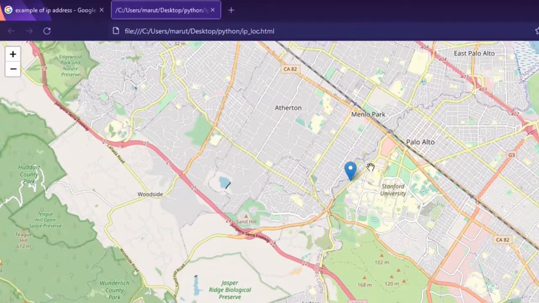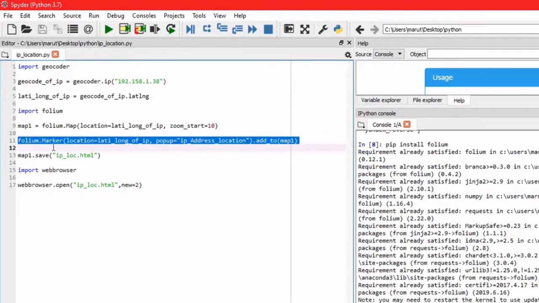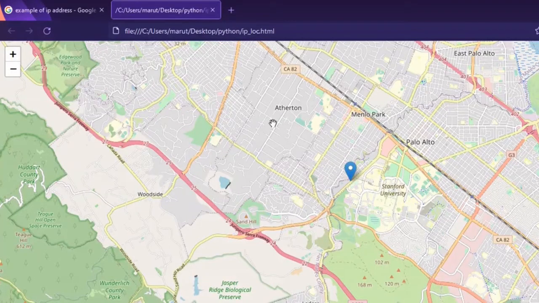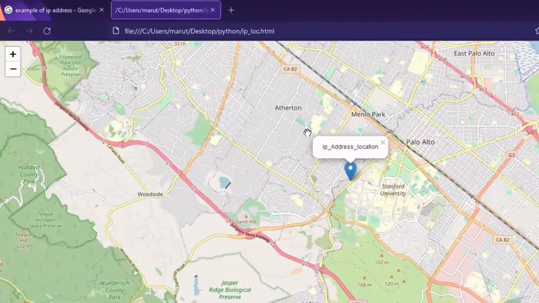So this is the marker that we have presented here. This is the marker, and whatever we have written, popup equal to IP address location, you can click on this and see the IP address location. Whatever we write over here in popup, that will be represented here if we click.